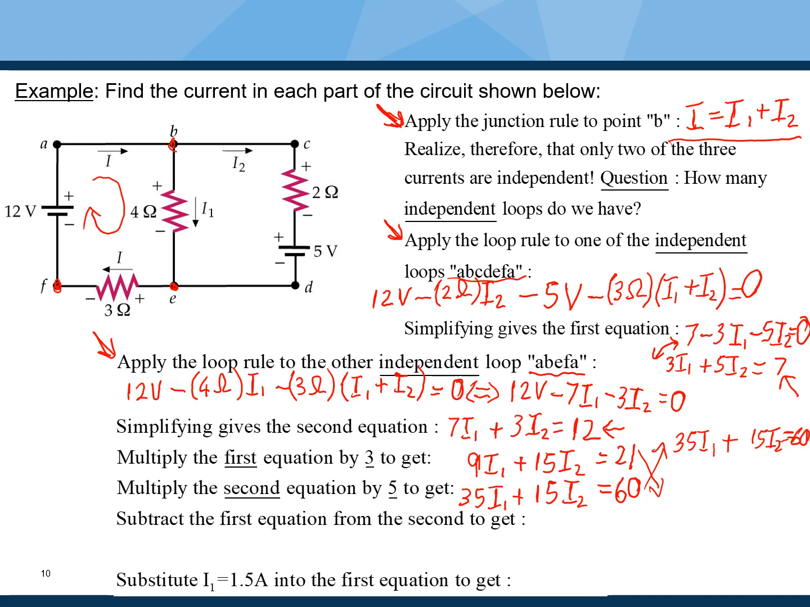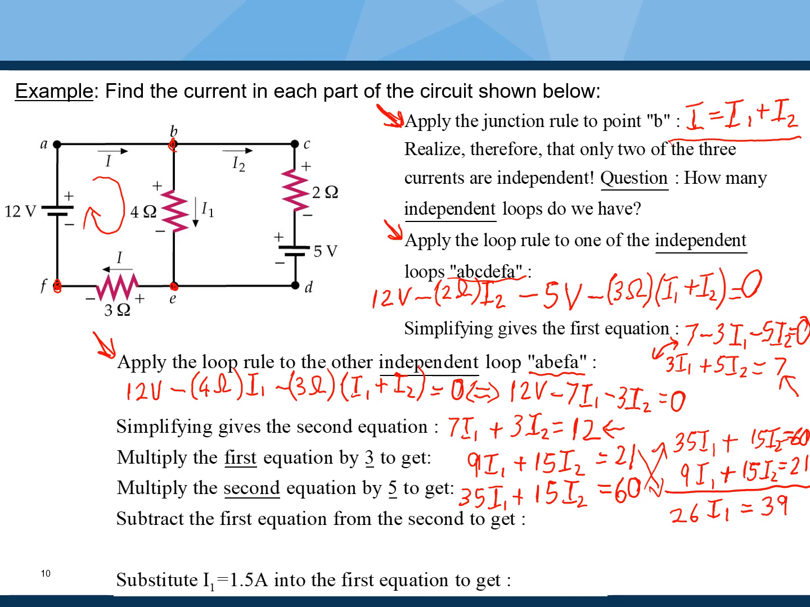And then I have 9I1 plus 15I2 is equal to 21. I subtract the lower equation from the upper equation. So I get 15I2 minus 15I2, which means that I get rid of I2. I have 35I1 minus 9I1, which is equal to 26I1. So I have 26I1 is equal to 60 minus 21, which is equal to